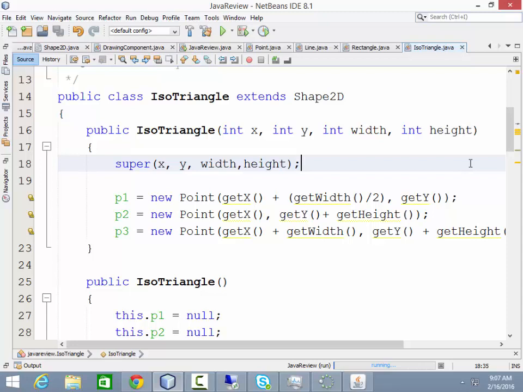Now our assignment for next time, we won't have a lecture next time because this one's kind of long. I'd like you to draw a picture of a house, okay? The picture has to have a roof to the house. Just basically, if you were in first grade and you're drawing a picture of a house, you put a triangle for the roof, rectangle for the body of the house, maybe a square for the window, rectangle for the door. You might have the sun up in the sky, so that'll be a circle. We're trying to paint a picture then with our shapes. So think about that for next time, and then we're going to use all of these classes that we've created to make kind of a scene